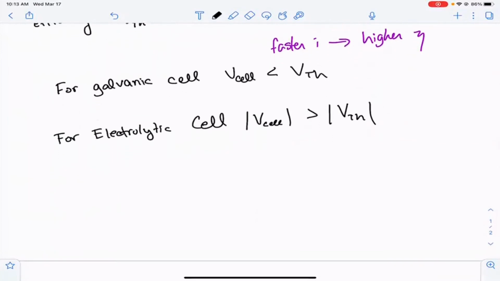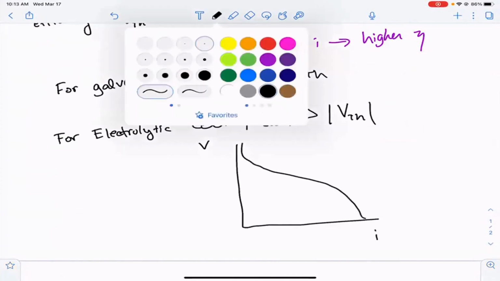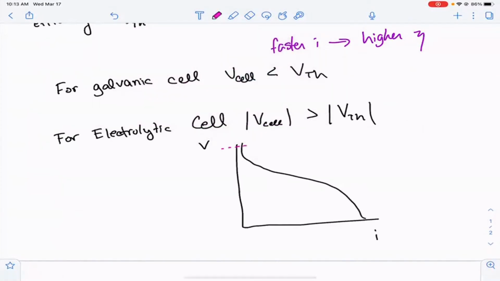And a lot of times with devices like this, or like a fuel cell, we will collect something that's called a polarization curve, where you plot the voltage and the current next to each other, and you'll get something that looks like this, where you'll be able at the beginning of the experiment here to measure an open circuit voltage, which is very close to the thermodynamic voltage, but not typically exactly the thermodynamic voltage. And then this plot is usually broken up into three regions. And if I draw maybe a few lines here,